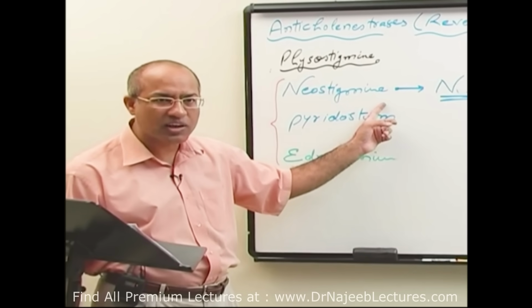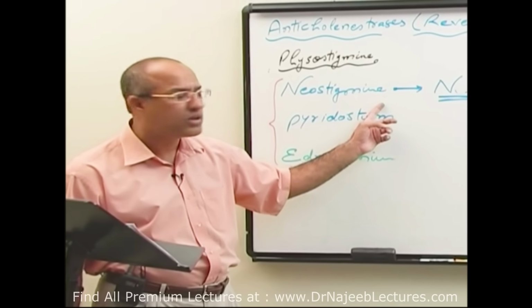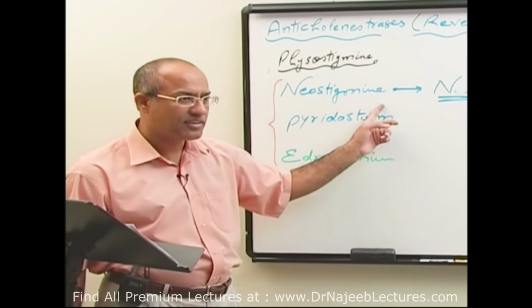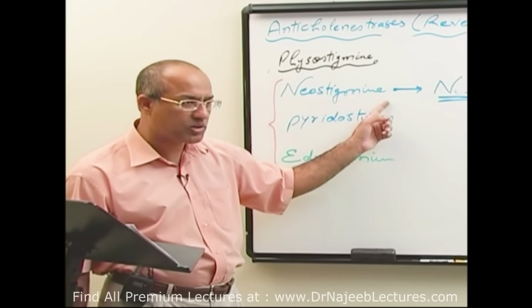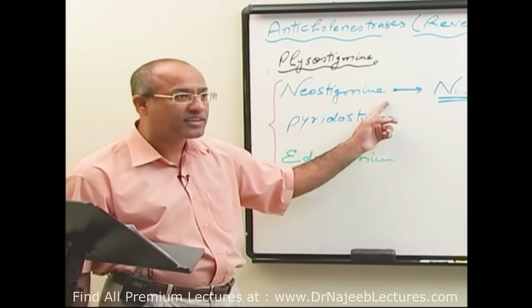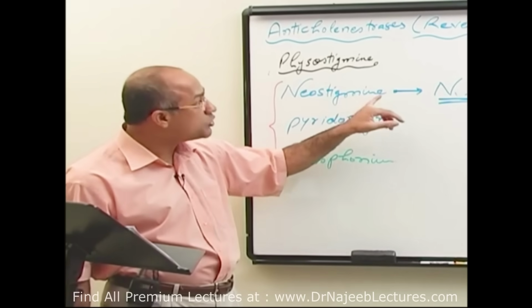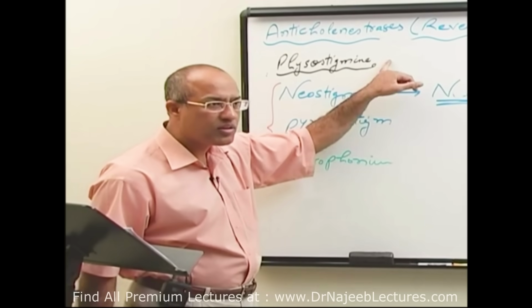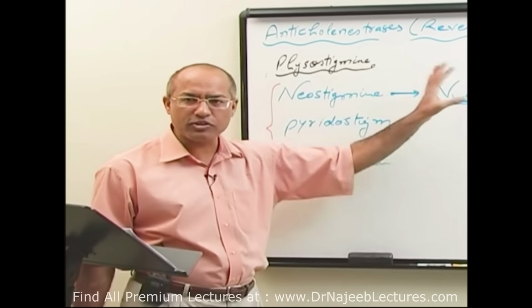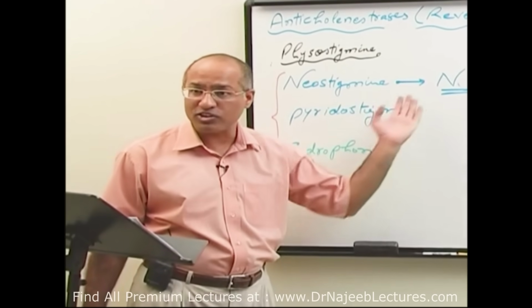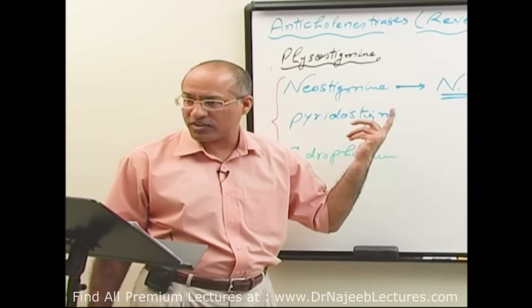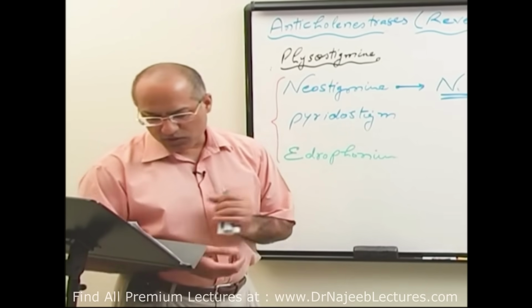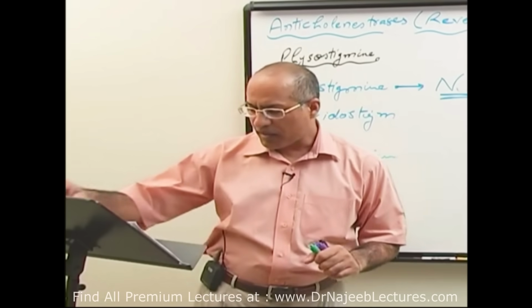So ganglionic stimulation and stimulation at parasympathetic neuroeffector site is relatively less in neostigmine as compared to physostigmine. Does it make sense? Because it is less lipid soluble. Is that right? Another thing which is very important,